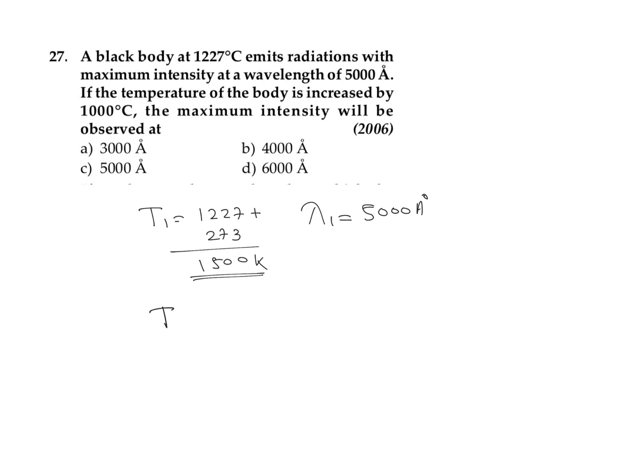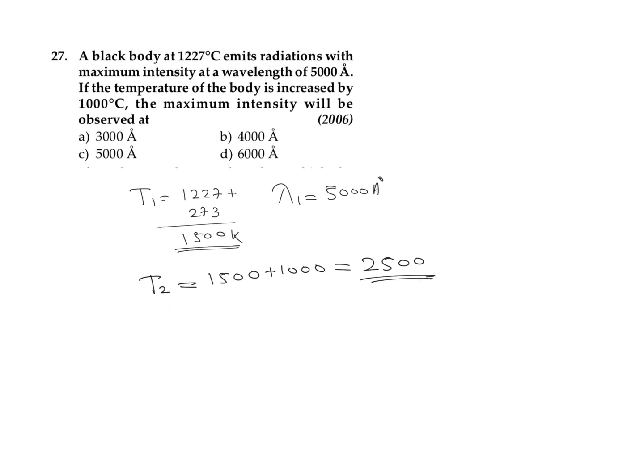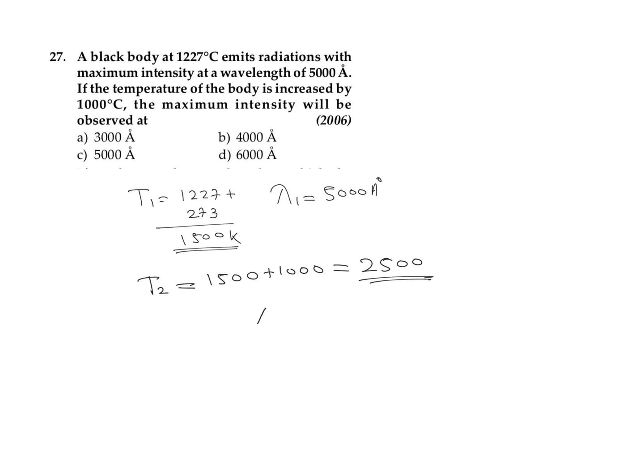That means now the temperature, the initial temperature was 1500 Kelvin. Now it is increased by 1000, so the value will be 1500 plus 1000, because change in temperature in Kelvin scale and degree Celsius scale are the same. So in both the temperature scales it is going to increase by 1000, so we can write that is equal to 2500 is the final temperature. The maximum intensity will be observed at, we have to find out the value of wavelength lambda 2